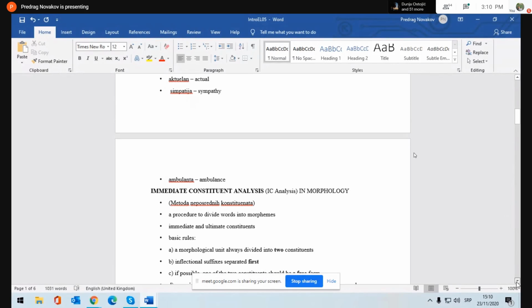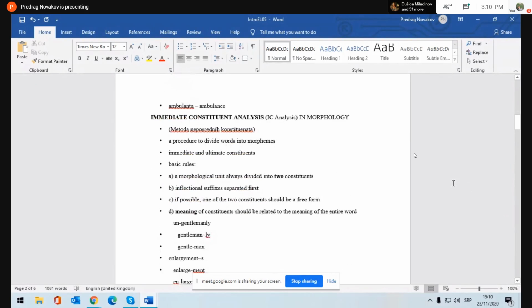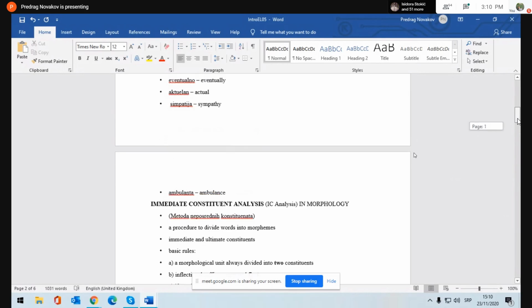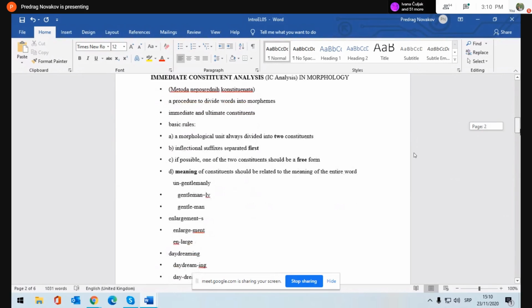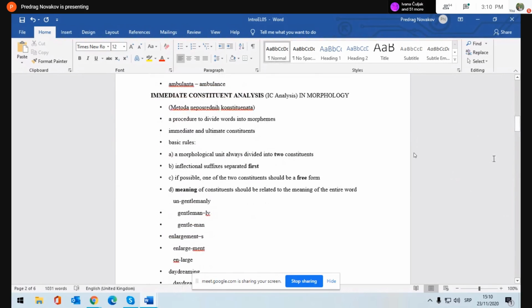Isto tako, the last example, ambulanta, ambulance. Okay, you know what ambulance is in English. Okay, kod nas ambulanta, ambulance is actually a car. Okay, but ambulanta, you know what it means. I don't have to explain it. Okay, so they don't mean exactly the same. So they are false pairs. Okay, right? If you do not have any other questions,